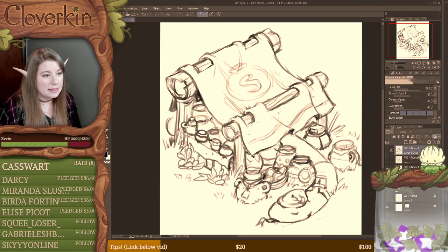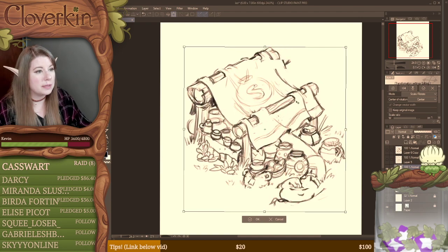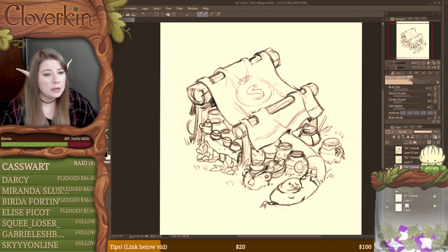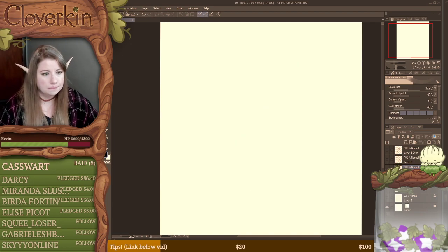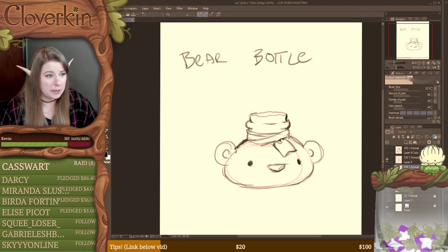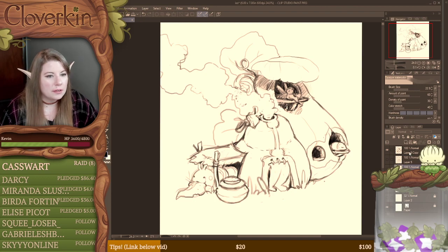And then we did this snake merchant, which for some reason is damn huge. We're going to shrink this a bit because it doesn't need to be that big. So this one would be a really cute one to paint. And we thought a bear bottle, because this one right here reminded me of a bear. So I drew a bear bottle, and now I might do something else with this. Because how can you not when you think of a bear bottle? And then we've got the gourd fairy, which I dig too. I'm just thinking of the lighting on this one. This one would be really fun for lighting. So anyway,